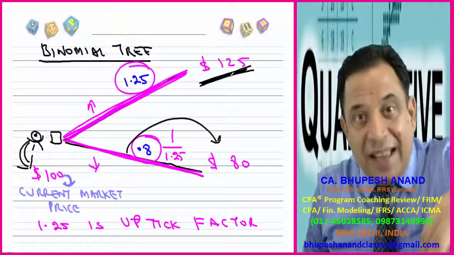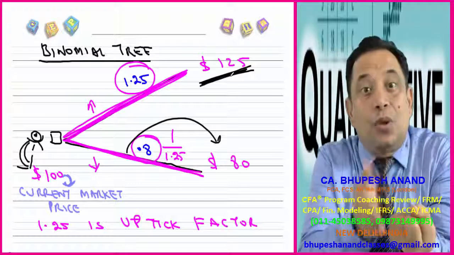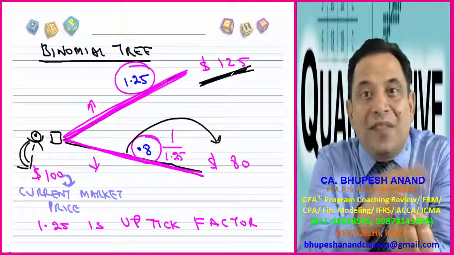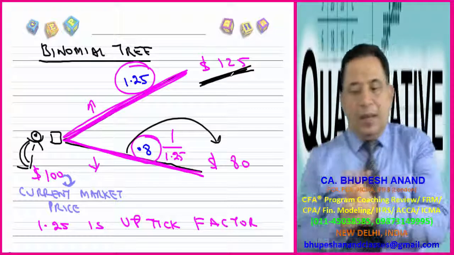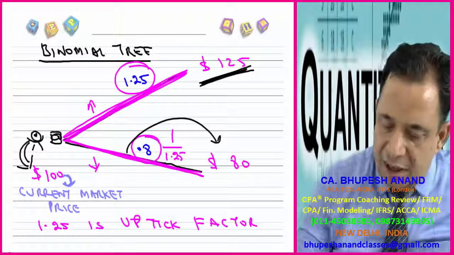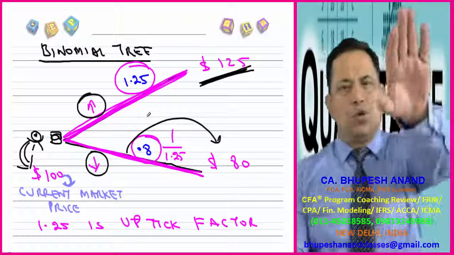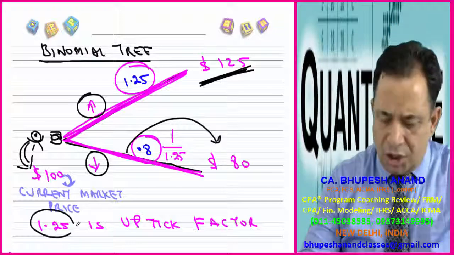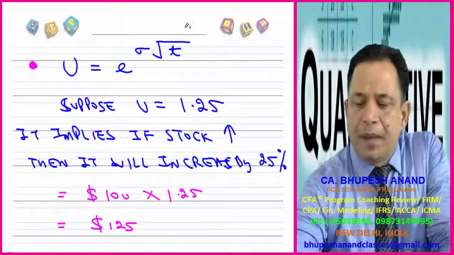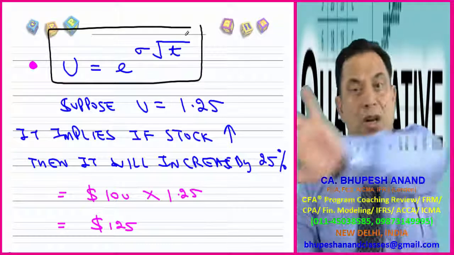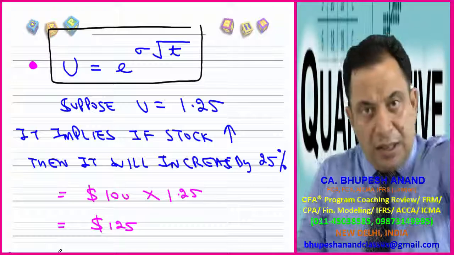I am taking the help of those models so that you can get a better idea of binomial random variables. When I say bi, it means two. So I have prepared a tree. Please prepare it. I am standing here. Now the price can go up, the price can go down. How I have calculated 1.25, there is again a logic behind that. The 1.25 uptick factor can be calculated by this formula. No need to learn this. We can easily calculate it with the help of a calculator. Just for understanding purposes, I have written